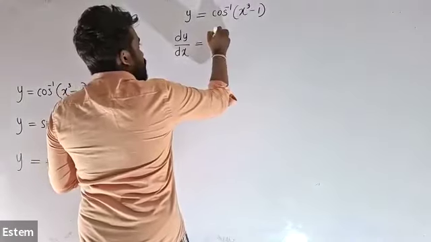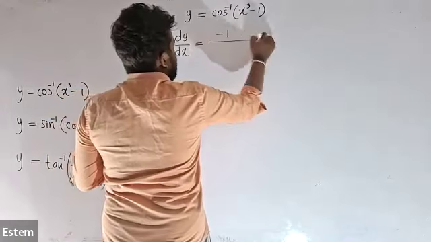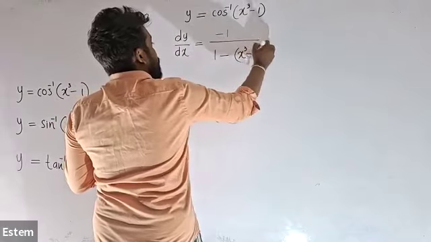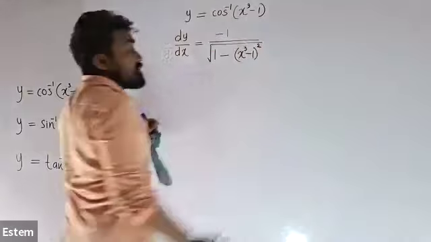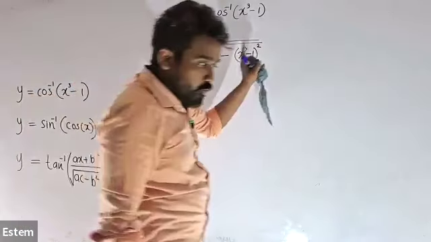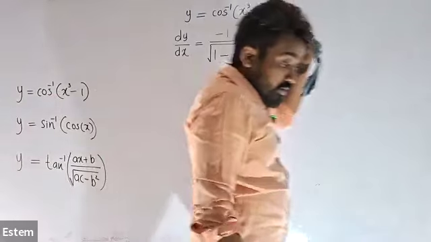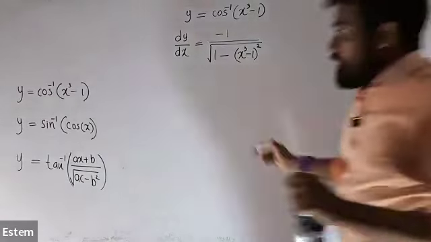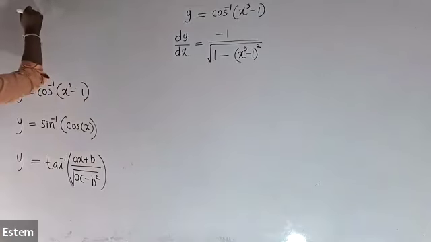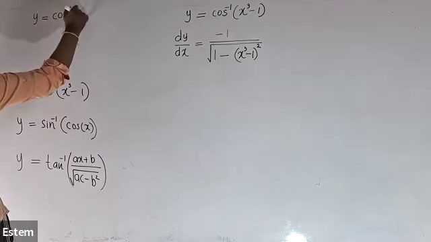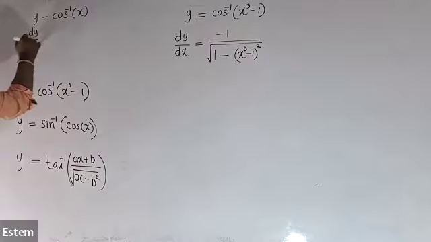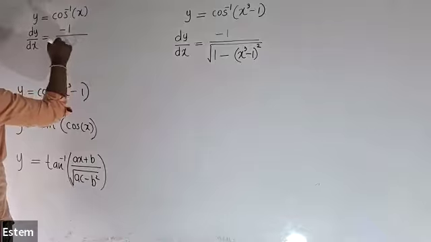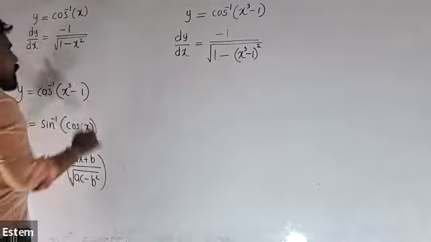So it is, we know, minus 1 over the square root of 1 minus (x cube minus 1) squared. How do we get that? We know the differentiation of cos inverse x, no? I will write that also in here. If y equals cos inverse x, then dy over dx is minus 1 over the square root of 1 minus x squared. Putha, I write these things